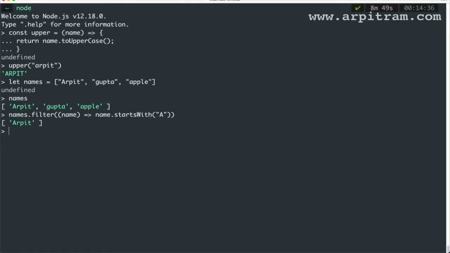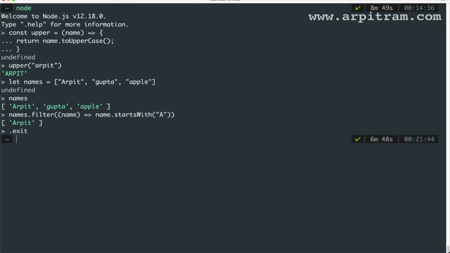So I'm getting this array with just one element because I have filtered it. You can try out many other higher order functions, or some other ES6 features, from here, right? I'm just exiting this.